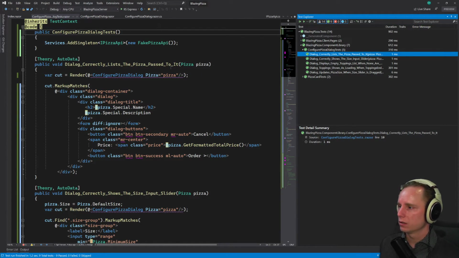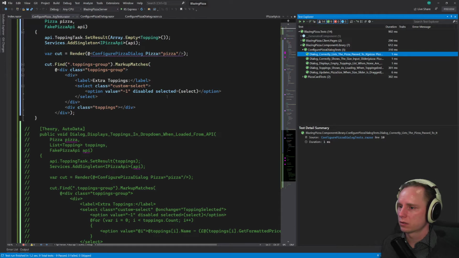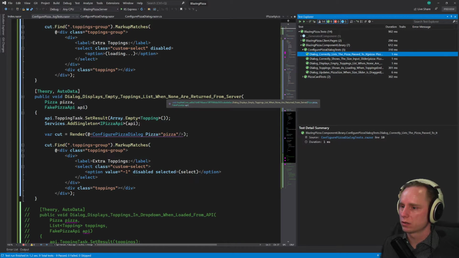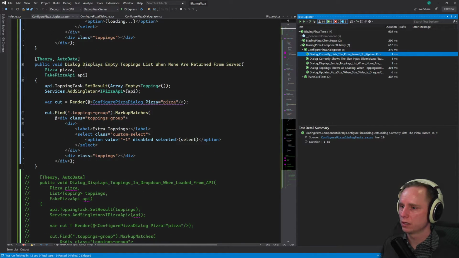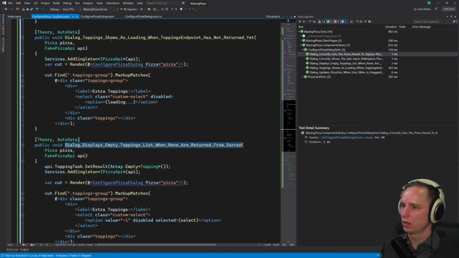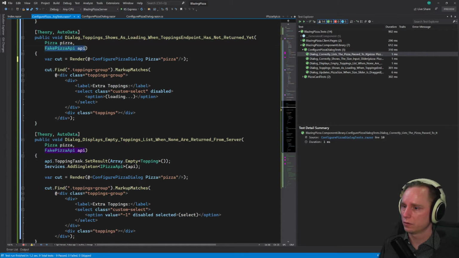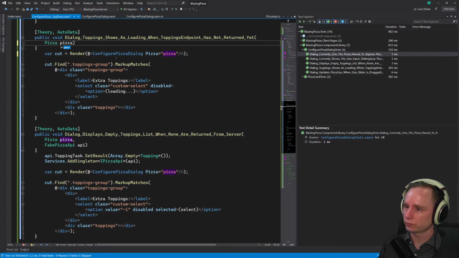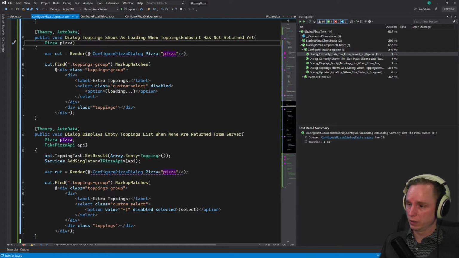Okay. That was quite a bit of code, but let's just go back and have a look. So basically what we have done now, we have these two tests. The first test, and we can actually skip this part here. The first test verifies that when we render our configure pizza dialog, our toppings group will just show as being loaded right now